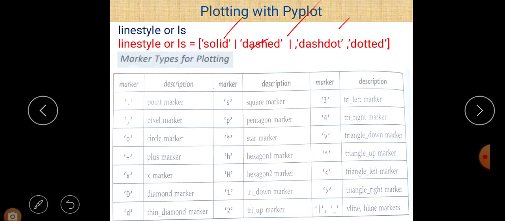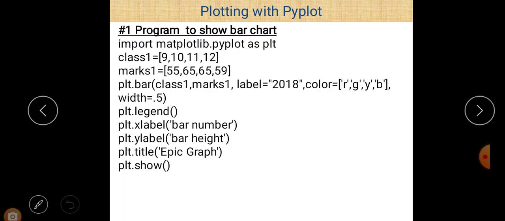For example, if you just want to make a plus as a marker sign, then for this purpose you write just a plus sign within single quotes. And suppose you want to make the marker a dot, then within single quotes put a dot here. And if you want to pick a diamond marker, then for that purpose D should be written within single quotes. So these are the different marker styles. You can pick any of them according to your choice or according to the requirement of the question.